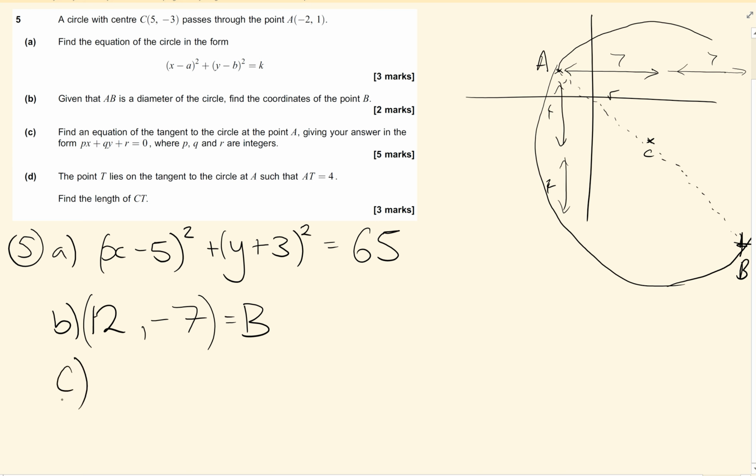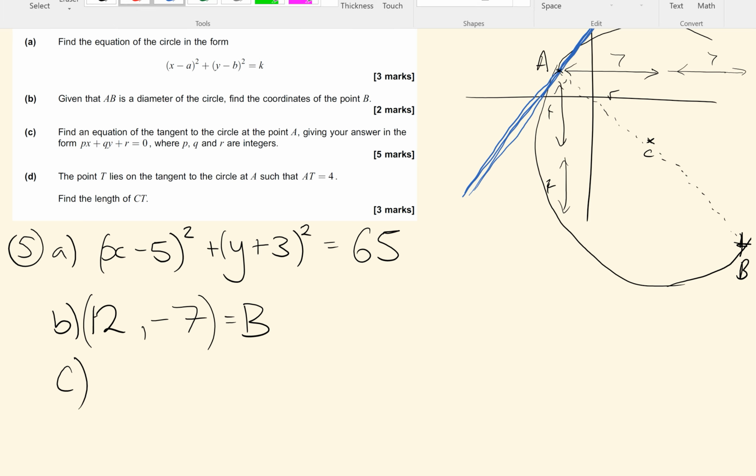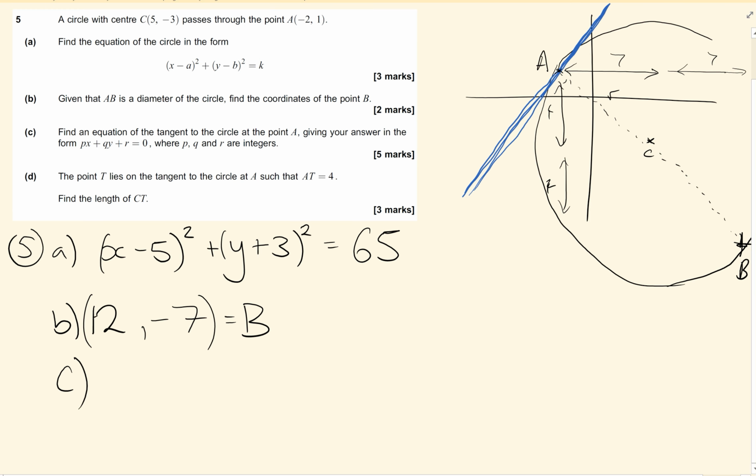Find the equation of the tangent to the circle at point A, giving your answer in the form px plus qy plus r equals 0. So adding to my diagram then, let's just draw it in a different colour. We have got this tangent, so this point that's just touching the circle just once. So what we need to know for this tangent is, well, actually we know the 2 points. So thinking about our y minus y1 equals m(x minus x1) formula,